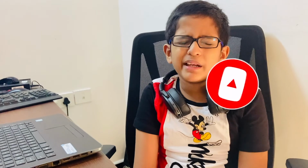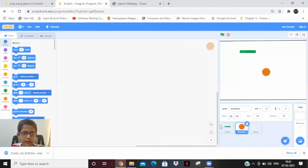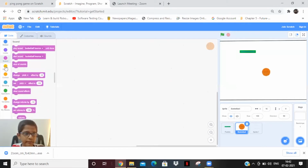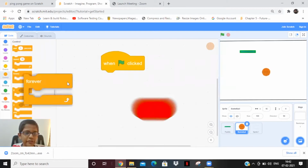Going to make ping pong on Scratch. This is the project which we are going to make today, ping pong, and I'm going to show you how it works. And let's make it. Then in the ball, take a green flag option, then take a forever block